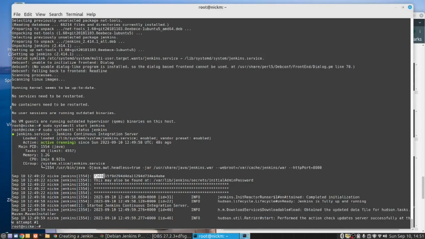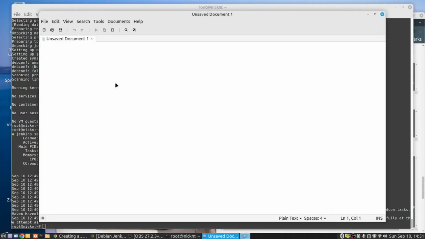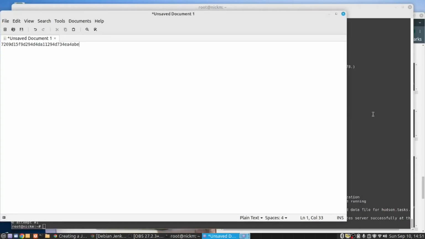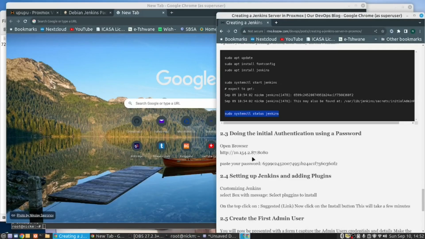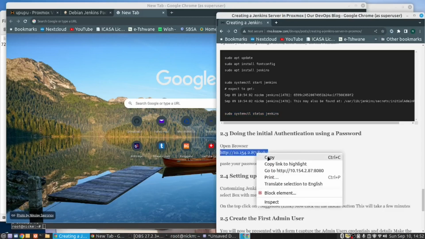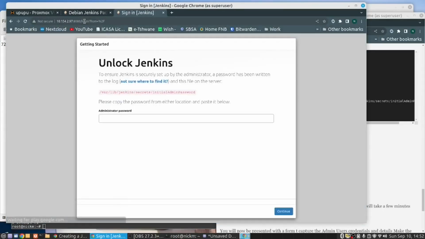Let's just copy this password and put it into a notepad. Now we set the server with the IP address of 97, so we should be able to open it. So this is the URL, except instead of 87, it's 97. Copy. That password that we just saved,